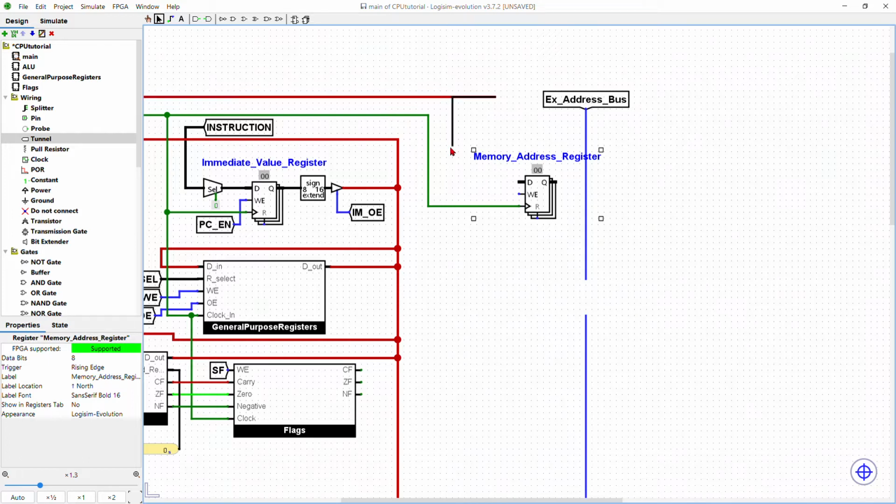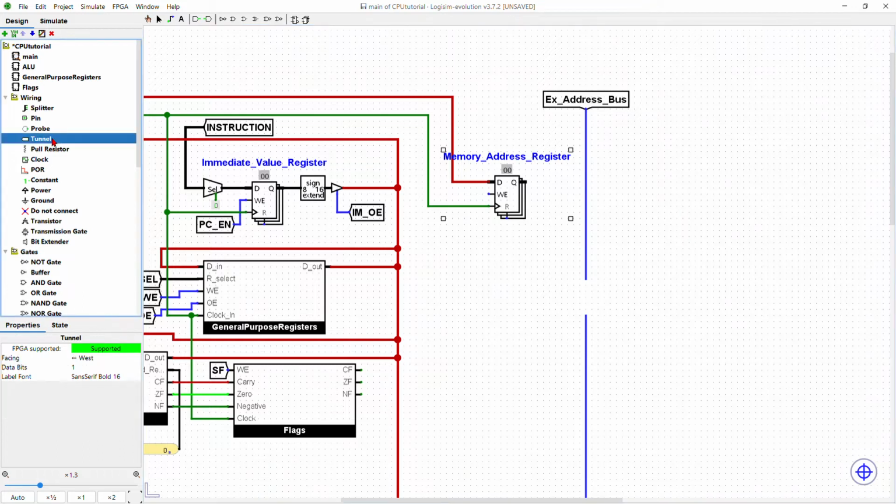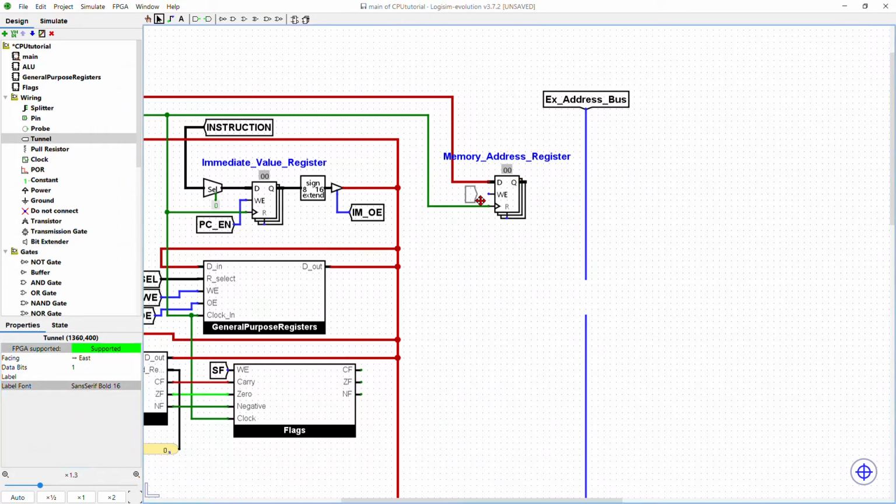So its data is going to be whatever is from here, and it's going to need a write enable, and it will also need an output enable. Okay, so we have a tunnel eastward. So this is MAR write enable, and